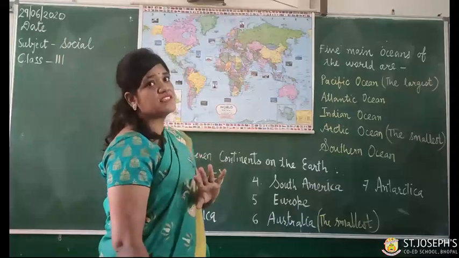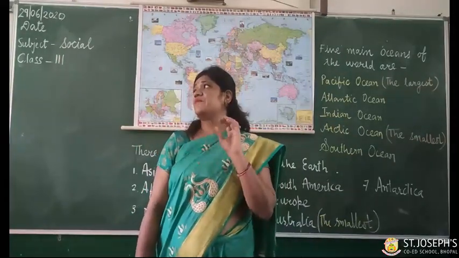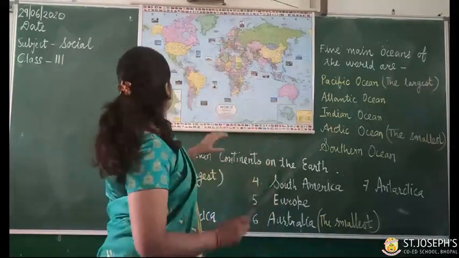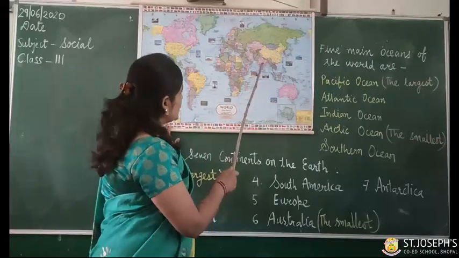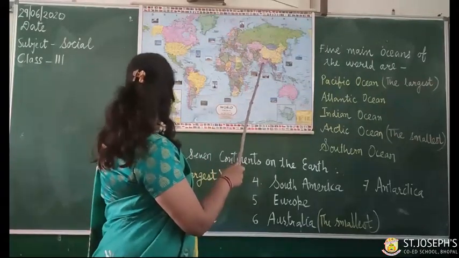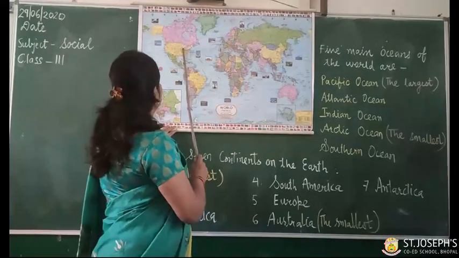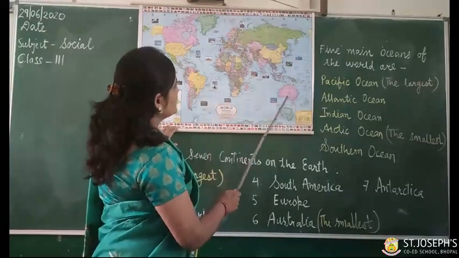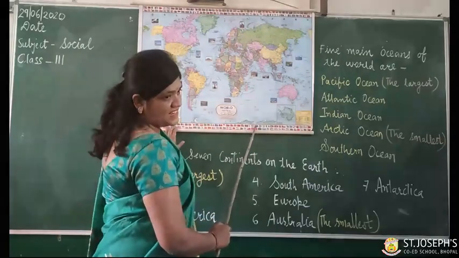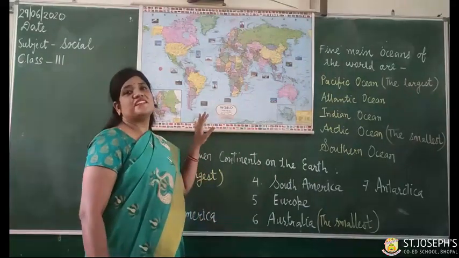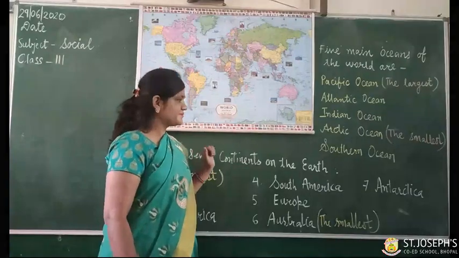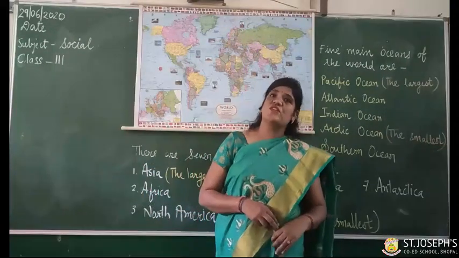I am explaining you once again. I am showing you once again. This is what? This is Asia. This is Asia, the largest one. Then this is Africa. Then this is North America. Then this is South America. Then this is Australia, and this is Antarctica. So there are 7 continents on the earth. Okay. Now in this also you have to keep in mind